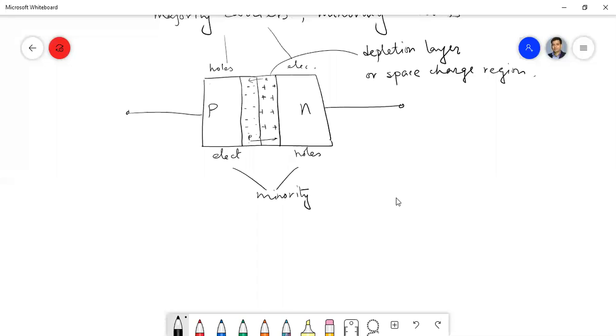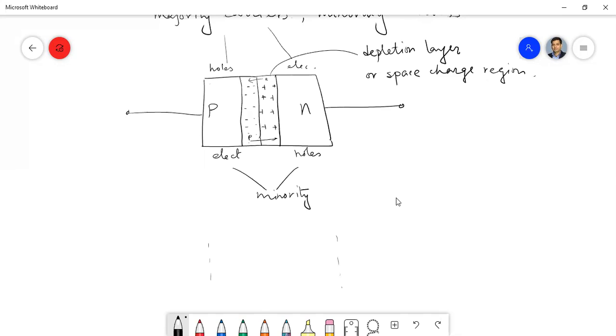Okay, have you understood why it happens? When the electrons move to the p side, there will be some ionized carriers. Okay, so therefore this type of depletion layer occurs, and what happens due to that